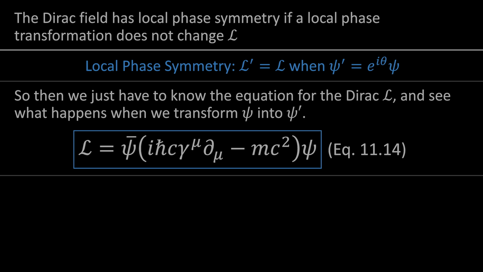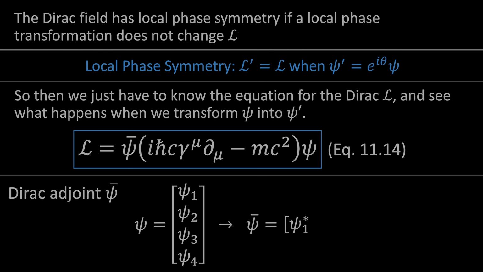But I'll point out that this Lagrangian directly implies the same good old Dirac equation we've been working with, and uses all the same characters and ingredients, so the form should not be too surprising, and we're not sneaking anything in here that's electromagnetic. Oh, actually, there's one ingredient here that we don't see in the Dirac equation, and that's this thing, psi bar. So psi bar for the Dirac equation is much like psi star is for the Schrödinger equation. Psi star is just the complex conjugate of the scalar psi, but when psi is a bispinor, we have to upgrade that notion to the Dirac adjoint, which is psi bar, and you can make it in 3 easy